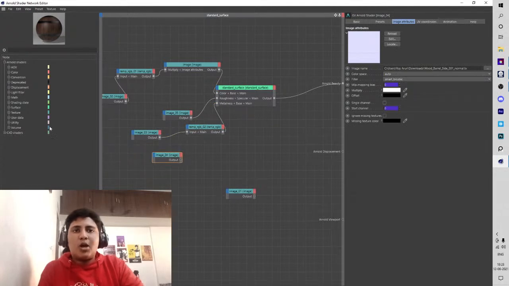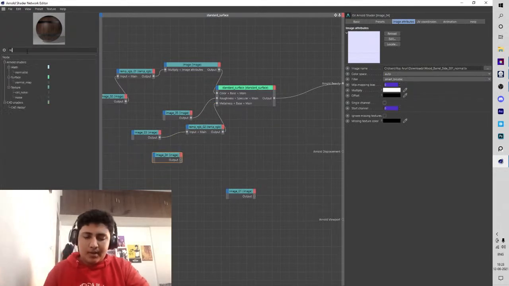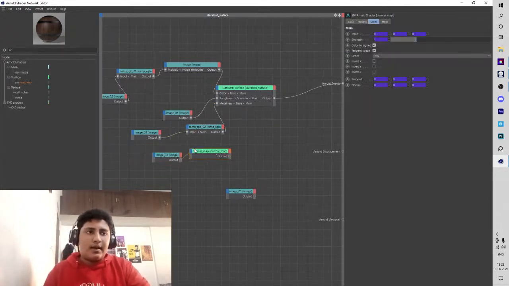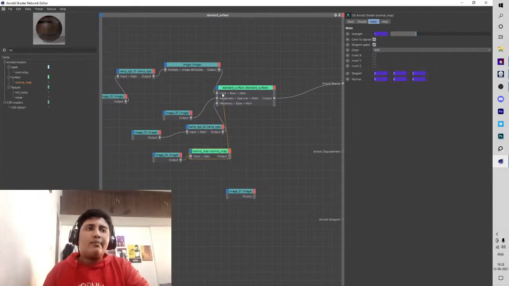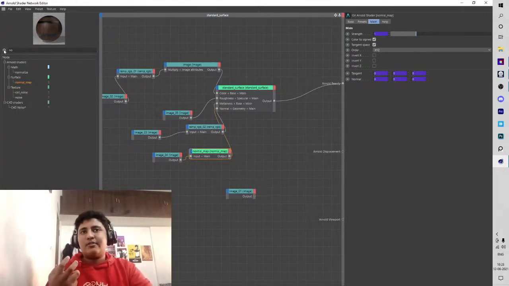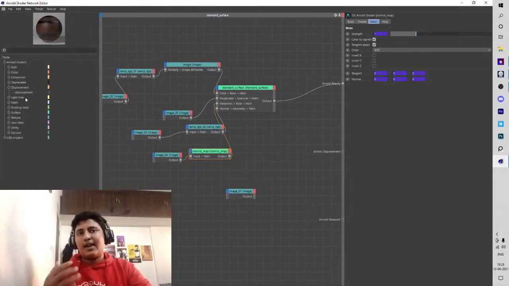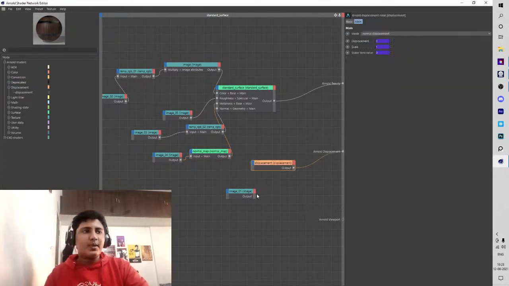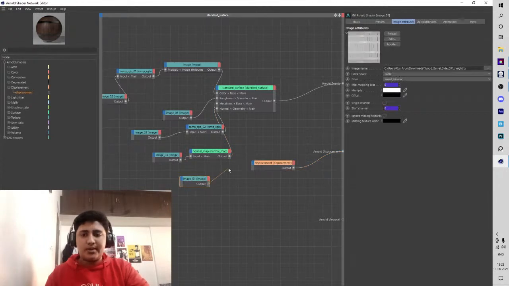And now this is normal map. We should create a normal map node and connect this to this. We can directly connect it to the actual input, but if you want an exact result, which we want, we have to connect it and just crank up the settings to get the accurate result. And now we add a displacement